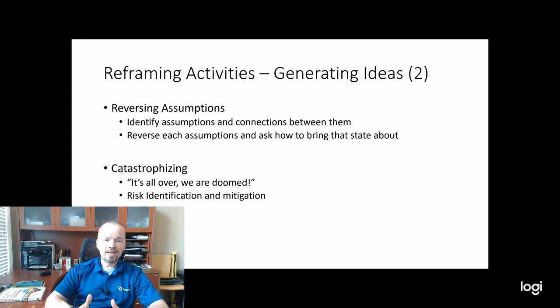For example, the skills on the team are insufficient for solving the problem. This could be reversed to, we have absolutely all the skills necessary on the team to get to the done increment. Then ask the question, how can we bring about that opposite state of affairs? What could be done to achieve that? How, in our case, can we get all the skills necessary on the team to achieve our goals? This hopefully will help break the logjam and maybe get out of your stalemate.